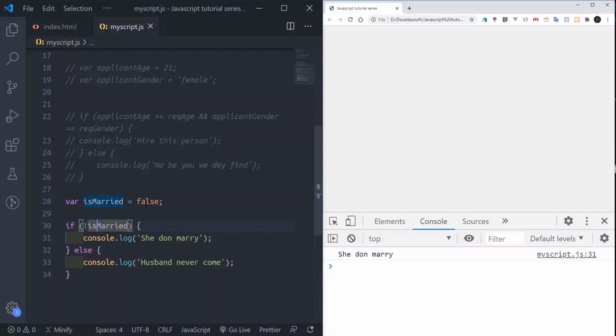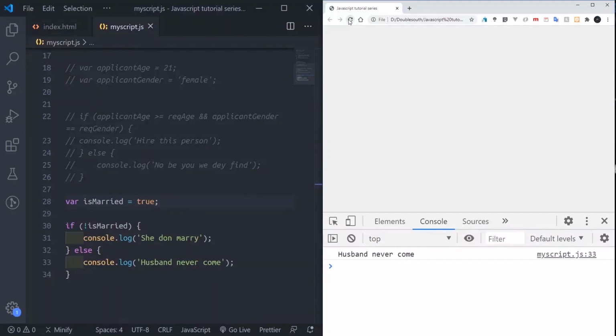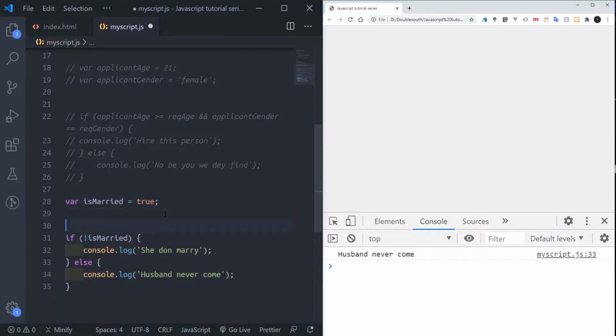So this one is by default false, and as far as we put this not here, it automatically turns out to true. So if I run now, you see it shows she is not married. But if I turn this place to true and run, you see it shows husband never come, because now it says not true.